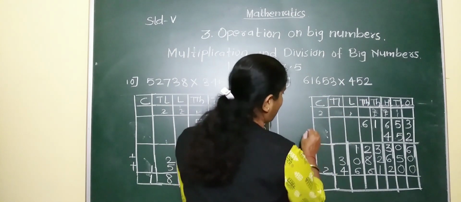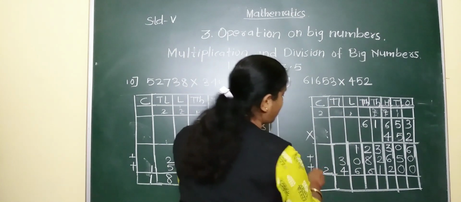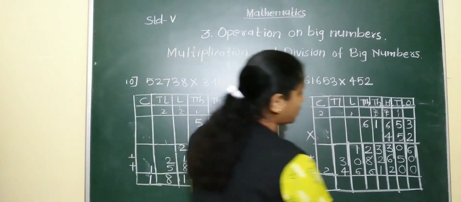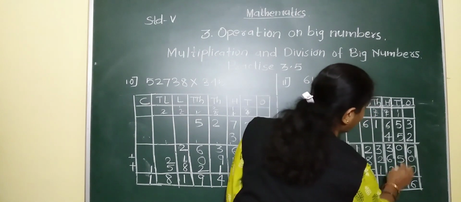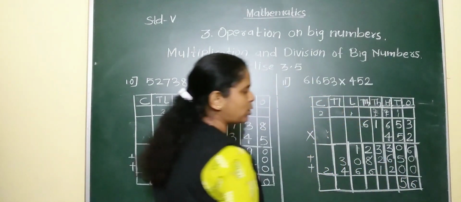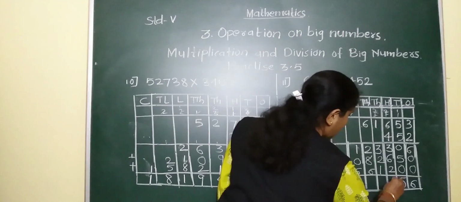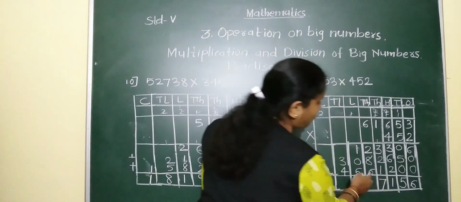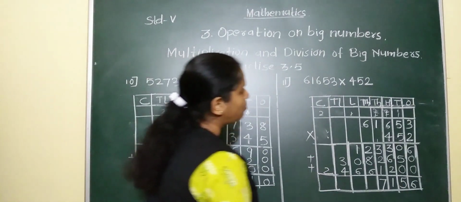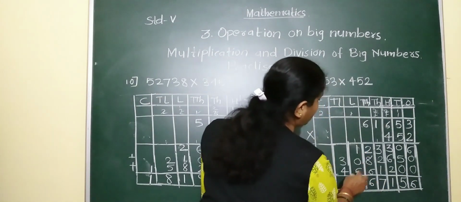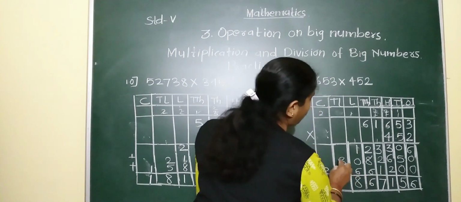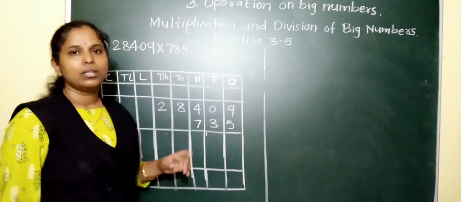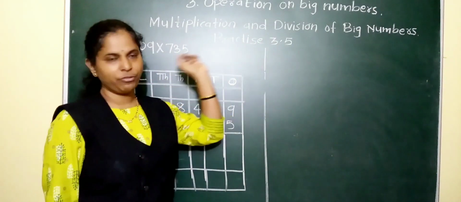Okay. And here we have to add now. Multiplication with all these 3 numbers is over. So add 6 plus 0 plus 0, 6. Here 5. 2 plus 6 plus 2, 8, plus 3, 11, carry 1. 3 plus 3, 6 plus 1, 7. 6 plus 8, 14, plus 2, 16, carry 1. 6 plus 1, 7 plus 1, 8. 4 plus 3, 7. And this 2. Okay. Now last sum of practice 3.5.